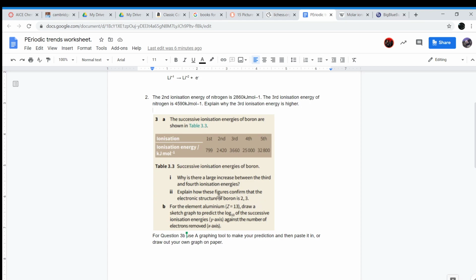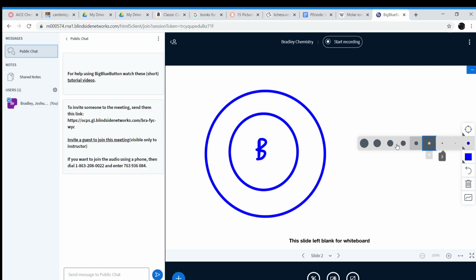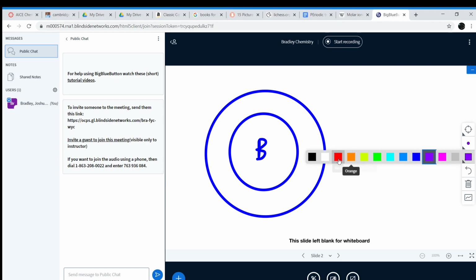And explain how these confirm that the electronic structure of boron is 2, 3. So that's what the next part is saying, like, hey, what's going on with the electrons in boron? And so boron, we have our B here, and let's get our circle. The 2, 3 has to do specifically with the number of electrons. That color won't work. Let's go with some red. And the electrons here,